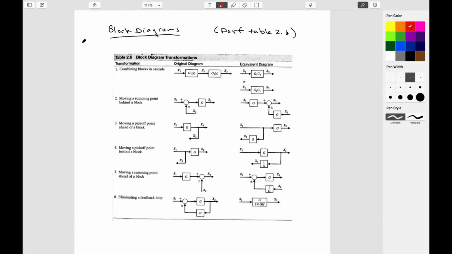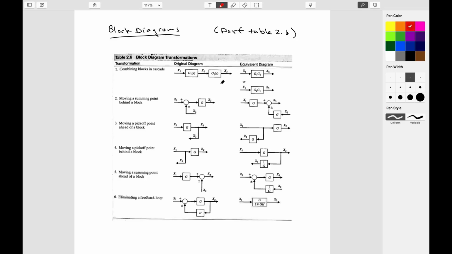Alright, this is a video reminder of how to reduce block diagrams. Essentially, this is just a table from Dorf and Bishop, Modern Control Systems, 12th edition, table 2.6, to give credit to them. Alright, what I want to remind you is if blocks are in cascade, their gains are multiplied together